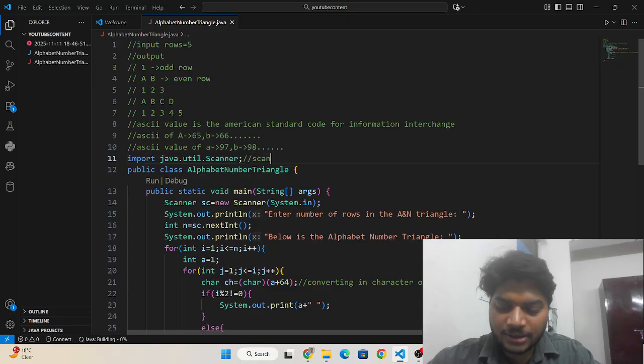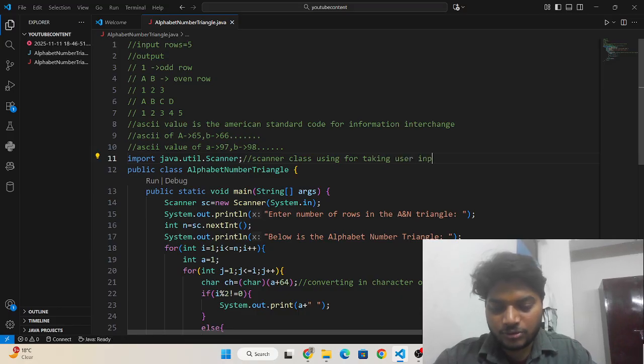Why I'm using a Scanner class, you write first, and try to match with this one. A Scanner class we are using for taking user input, and this is the file name where our code is going to be saved.